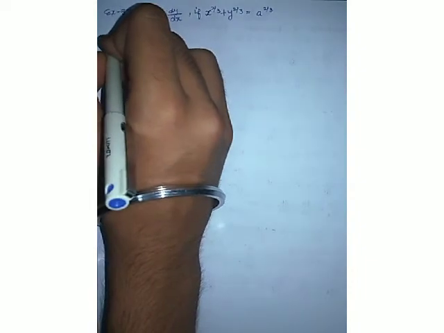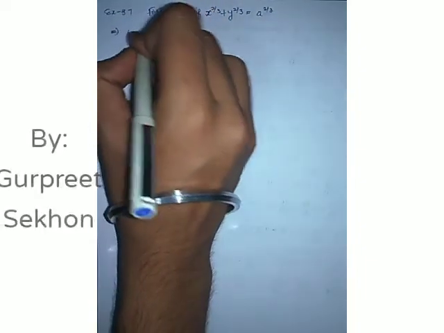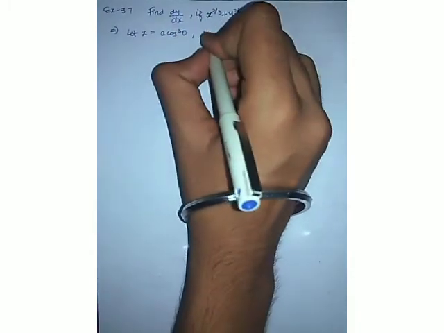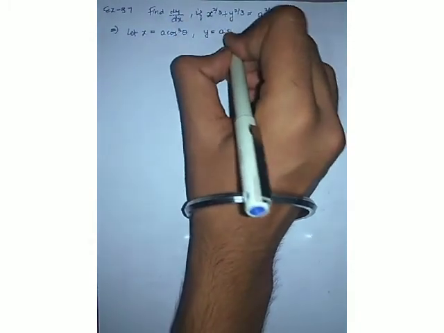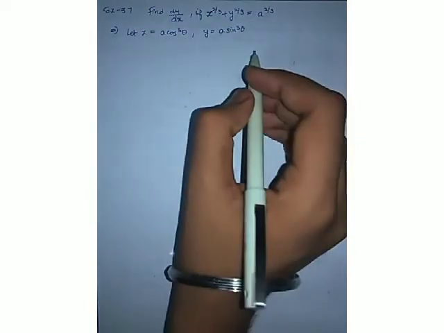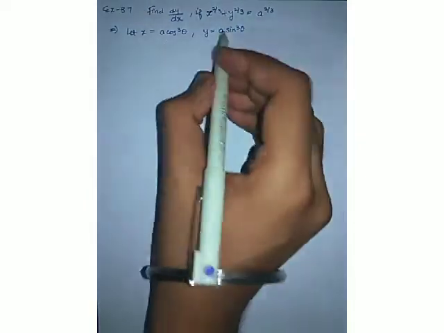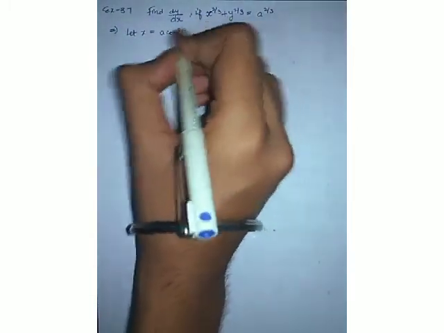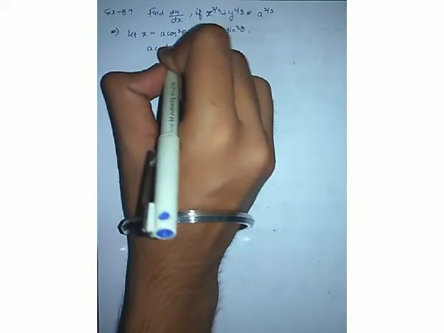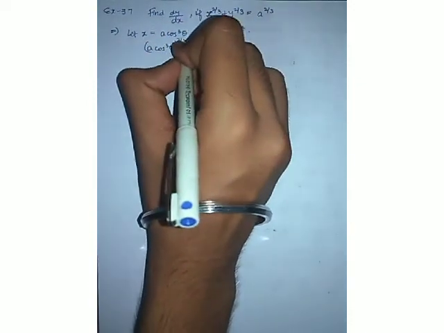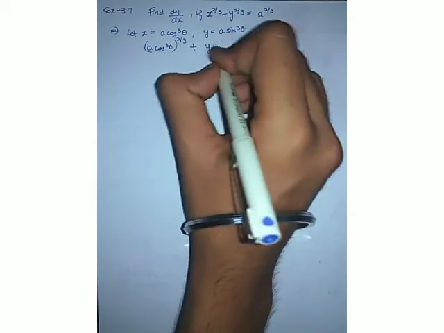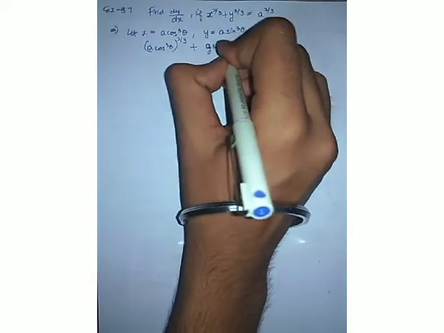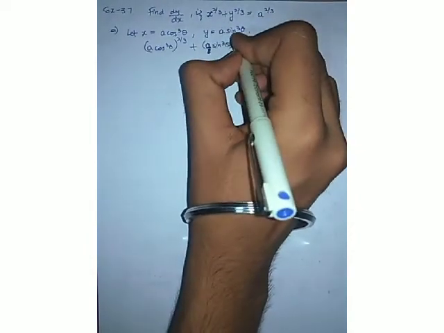So firstly, just think a bit and let x is equals to a cos cube theta and y is equals to a sine cube theta. Now you will get to know why we have chosen these values. Now put it in the equation. You will get x, that is a cos cube theta raised to power 2 by 3, plus y, that is a sine cube theta, which is raised to power 2 by 3.